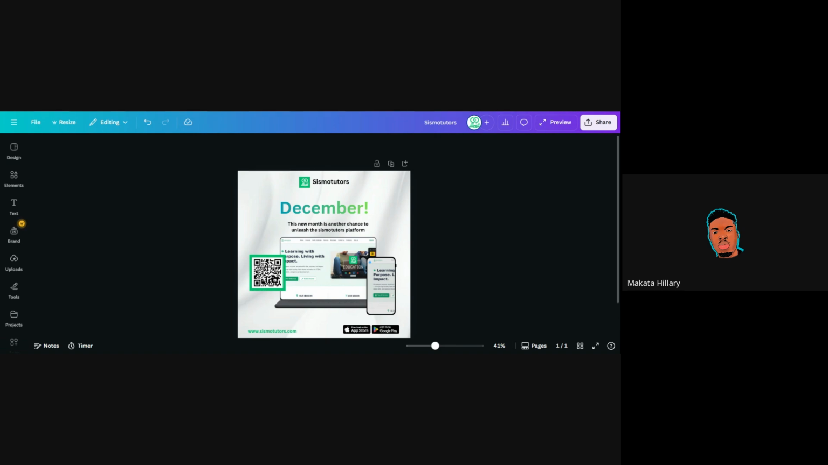Okay, let's see. Okay, the QR code. How I got the QR code. The problem I have with this class sometimes, I'll be teaching something. Okay, let me just take it back a little bit. Now, first of all, I added the Sysmo Tutors logo here, and I added a normal